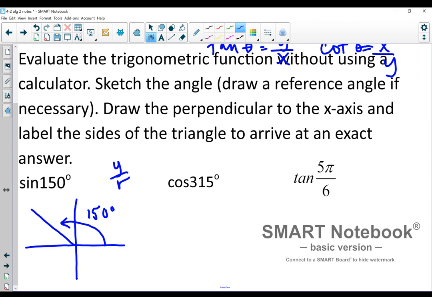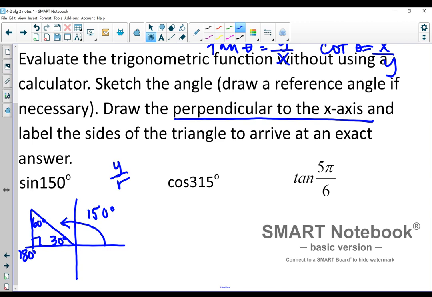And then in order to make this somehow into a triangle, I'm going to draw a perpendicular to the x-axis. So from here I'm going to go down to my x-axis and make an angle. And then this is actually going to be a special triangle. If I think about how all the way to this line, to my negative x-axis is 180, and then this ray right here is at 150, I have a 30-degree angle in between them,